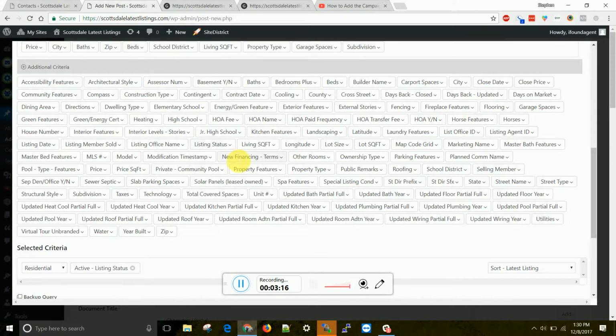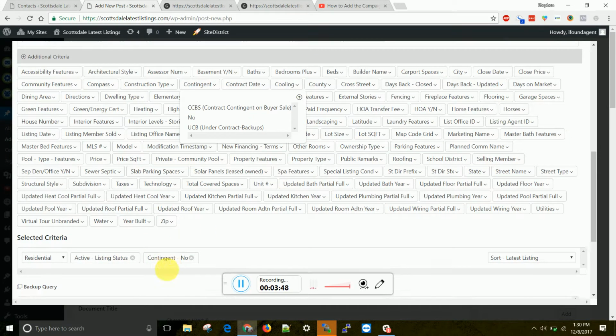Otherwise, for RMLS or those of us that see active and don't have UCB in the listing status, there's going to be a separate field called contingent. If you just look for active listings without anything else, it gives you everything. If you want to specify a search based on the contingency, you have the options here. Choosing no will give me every active listing that is not contingent. I click that, it's added to my criteria, I save it,